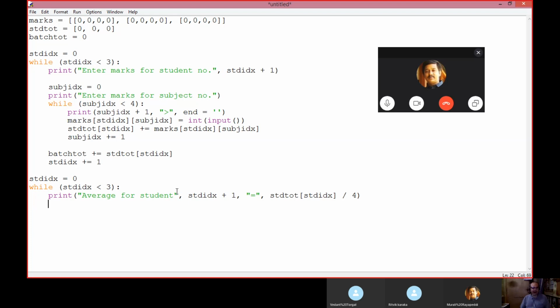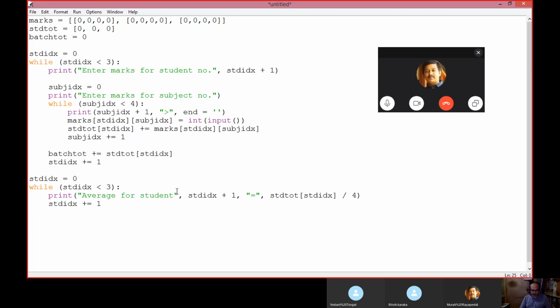Later on you can decorate it or organize it. I'm not wasting my time there. Decoration or readability, you can do it later. Then what? Either student index plus equals 1. Okay.